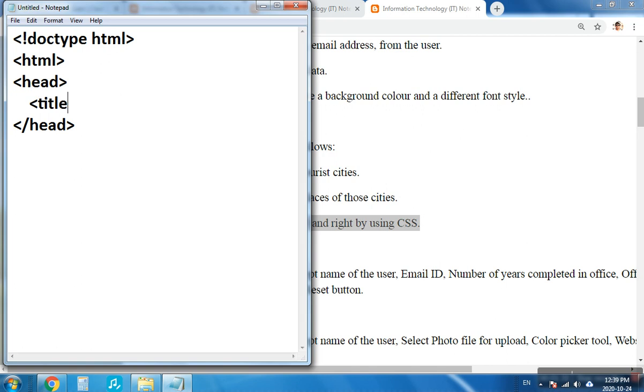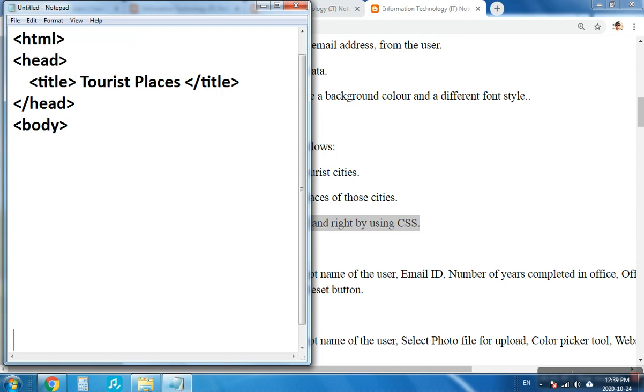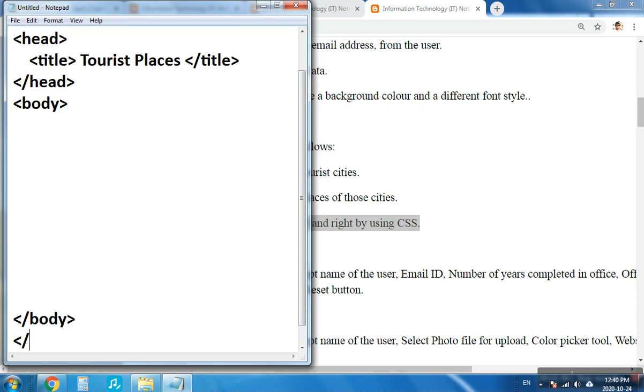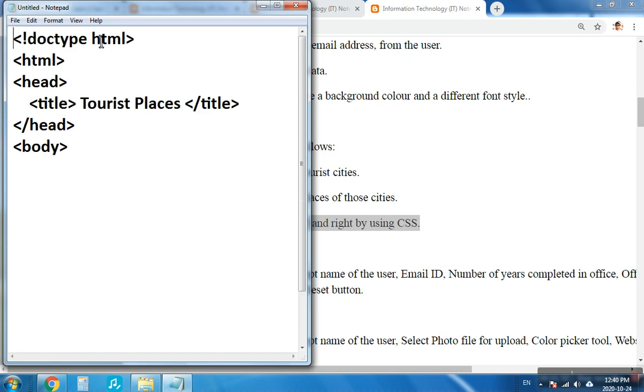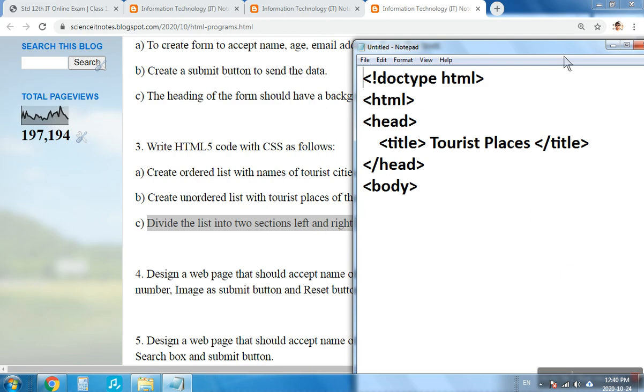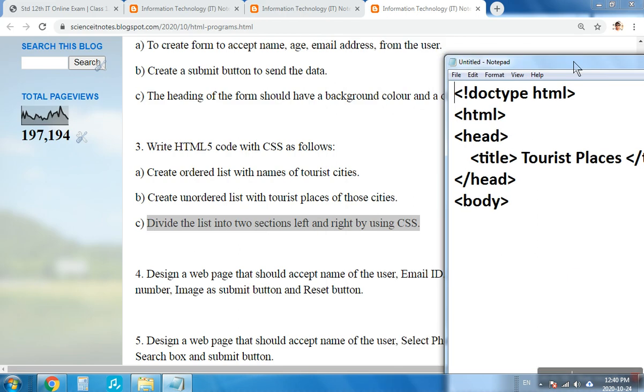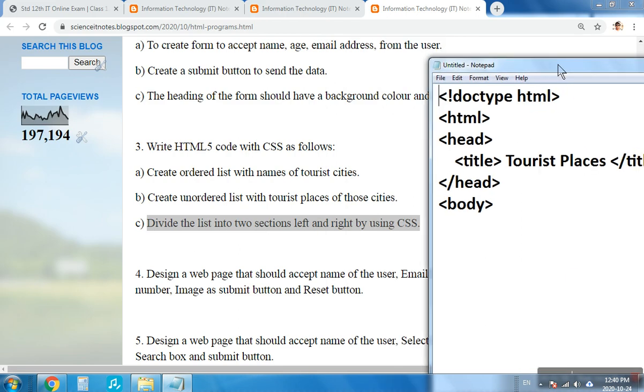We'll give a title as tourist places, since the question is about that. We close the body tag and we close the HTML tag. So in this question we have to first create an ordered list with names of tourist cities.